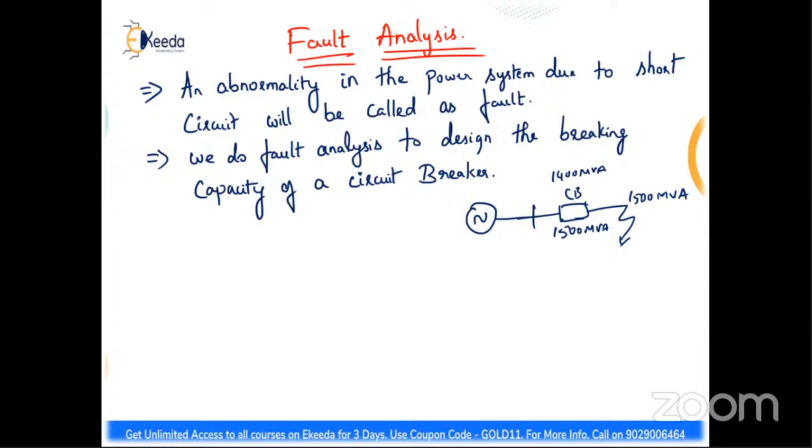If the circuit breaker is of 1400 MVA, then what happens? The whole system will get damaged. The circuit breaker will get damaged. Understood? So breaking capacity, the breaking capacity is a maximum value of what? Maximum